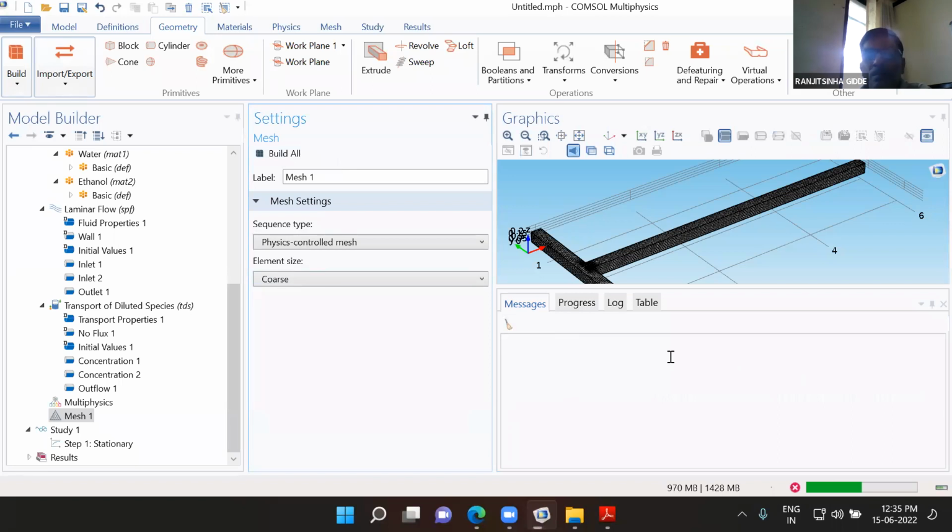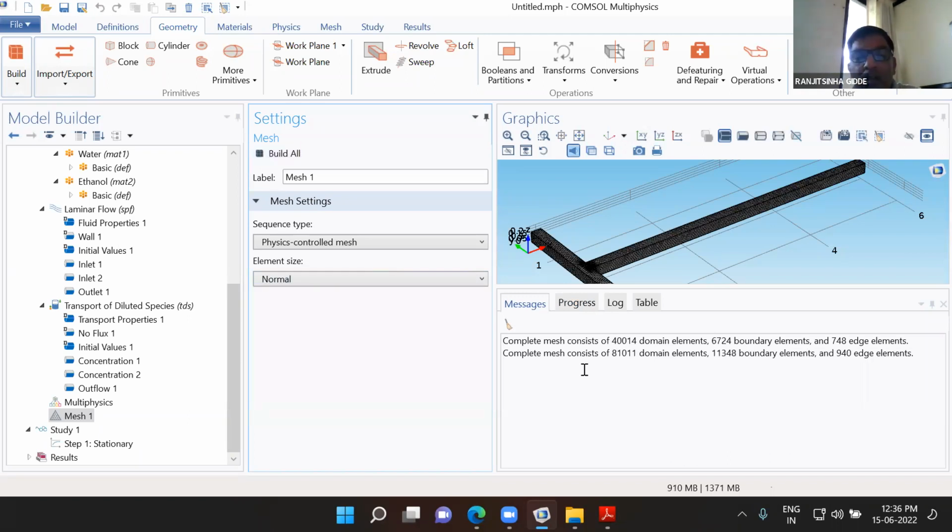You can see complete mesh consists of around 40,000 domain elements, around 7,000 boundary elements, and around 800 edge elements. That is displayed here. Okay. So now we are going to select the normal. Again, with the normal, elements are going to be increased in each case. Again, if I select finer,